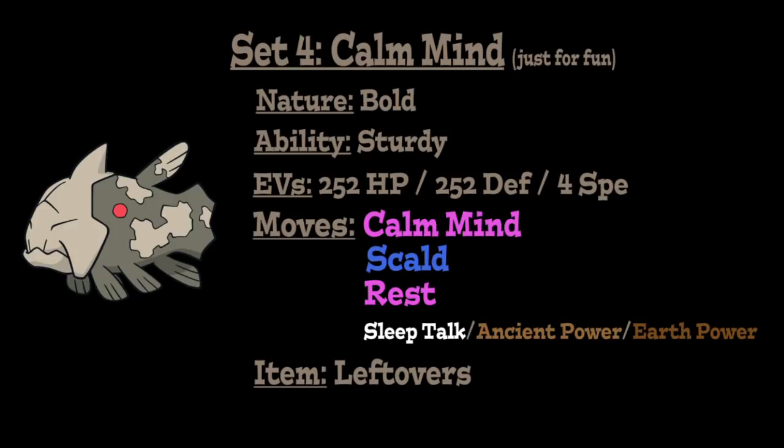a little bit faster. But for the item on the set, we're going to be going with Leftovers to recover a little bit of HP at the end of every turn, and for our first move, going with Calm Mind, which will be increasing this Pokemon's special attack and its special defense by 1 stage every time you go for this. And to be used in combination with our boosted special defense and special attack, Scald is going to be